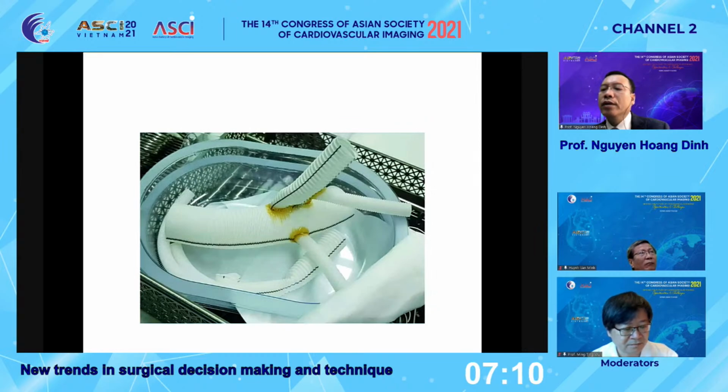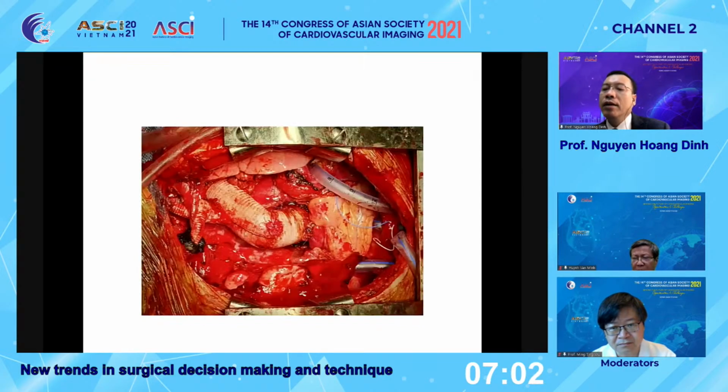Back to our patient. This is the homemade branch graft. We do it on the table. A 2/3 arch replacement was done under moderate hypothermic circulatory arrest, and distal anastomosis was done proximal to the LSA. And when coming off bypass, we explored the iliac vessels on the table and found now there was good flow